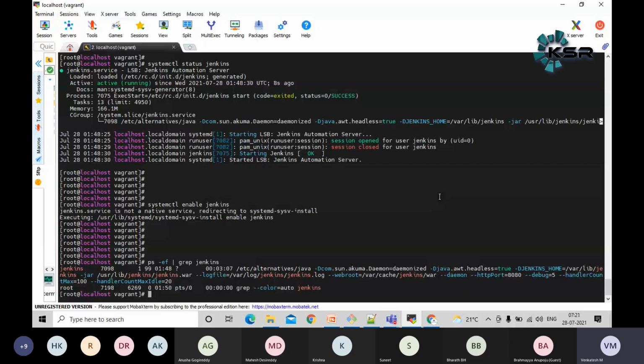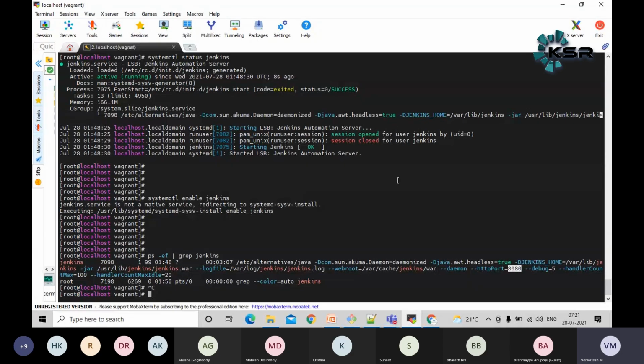Now, currently I am running everything in a VM. This port should be exposed to my local laptop, guys. Similarly, in real time, in a Linux server hosted on Azure or AWS, we'll create a VM and install the required software, same steps, guys. Steps won't be different. Then we're going to expose this 8080 port to the internet or within the organization, as per our company policies. This is how we're going to do it, guys.